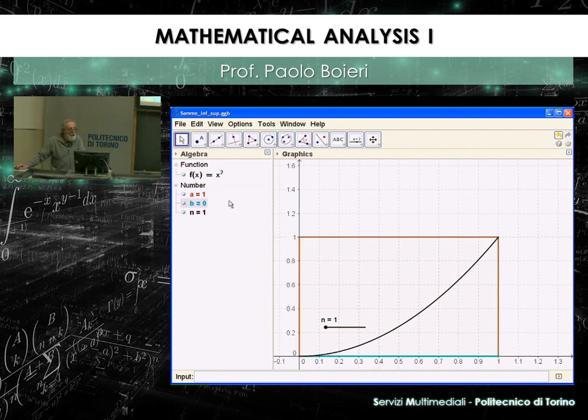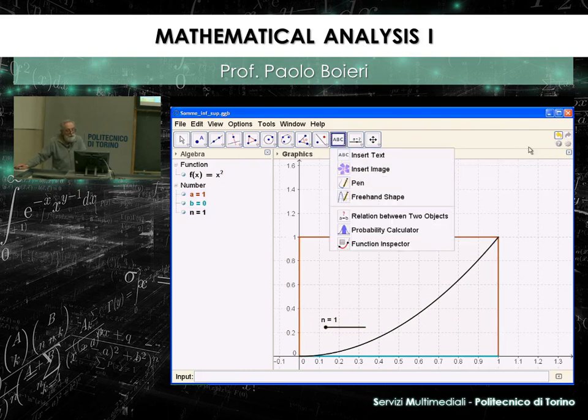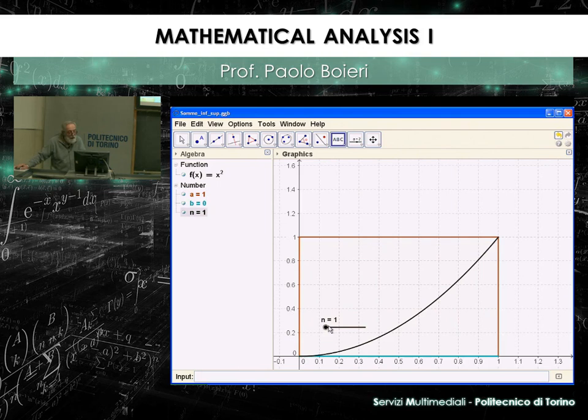When I divide into two parts, the area of the lower part increases, the area of the upper approximation decreases, and then, okay, look at the numbers. Then in the next step, I have n equal